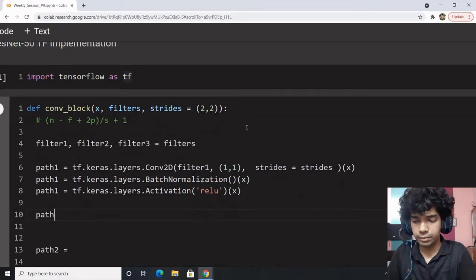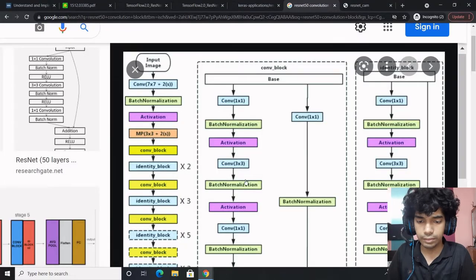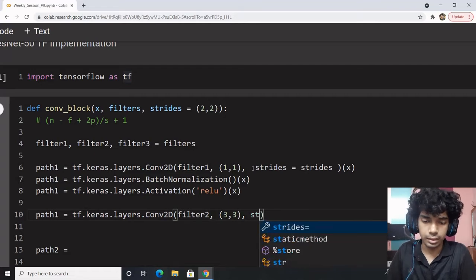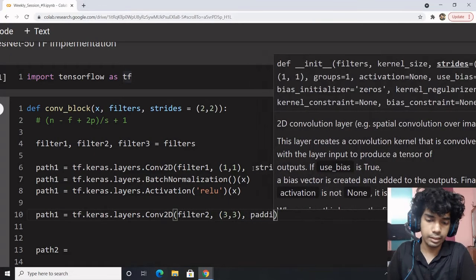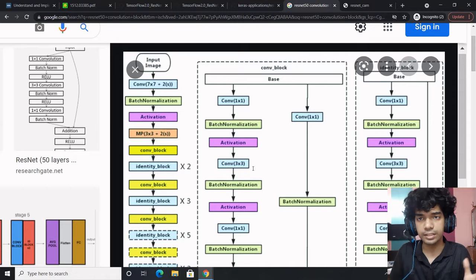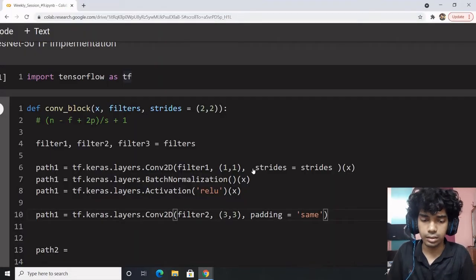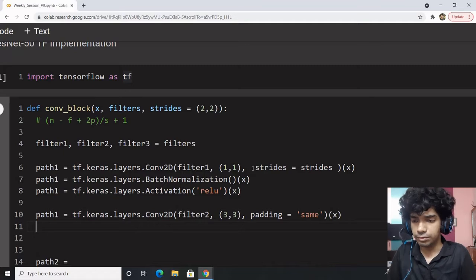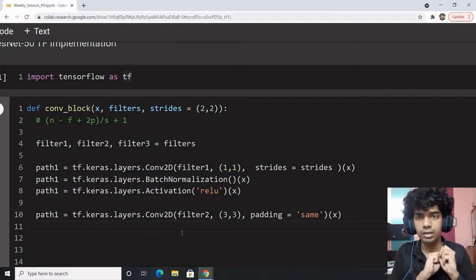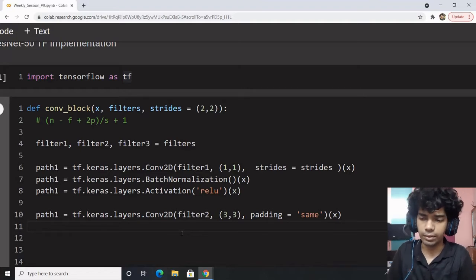And the process repeats for another convolution layer, which is 3 cross 3. Here we are not doing any changes. Therefore, kernel size is 3 cross 3, but strides is 1 cross 1. And padding shall be same, because we are not looking for any spatial changes. We are looking for the convolution filter changes. If anything confuses, look at this formula. If something else confuses, I'll get to what a convolution layer does, a brief inspection of the convolution layer, in one of the upcoming videos.